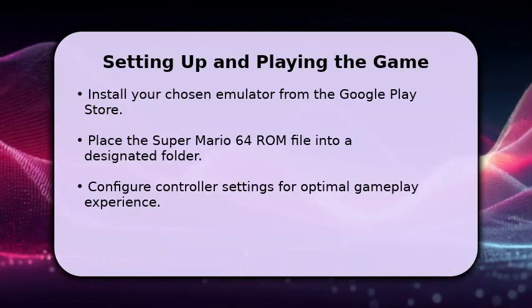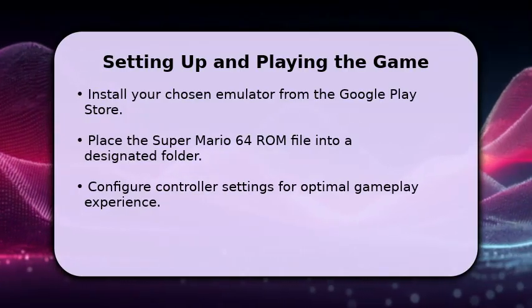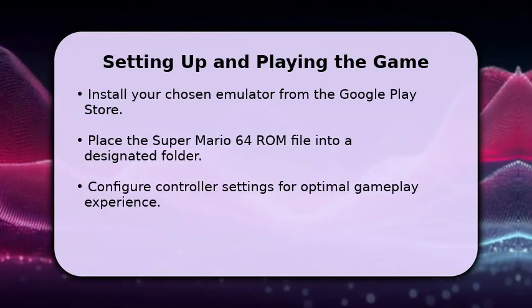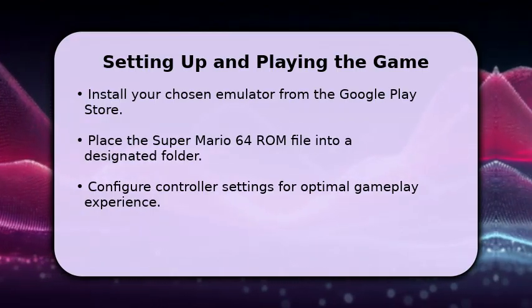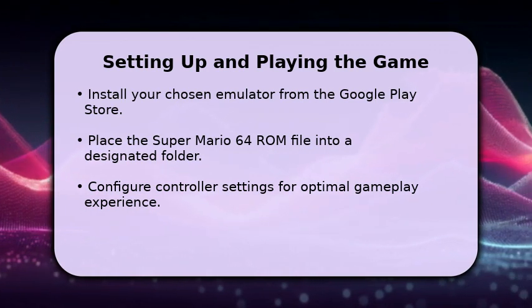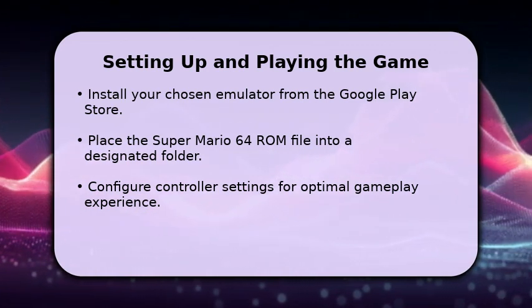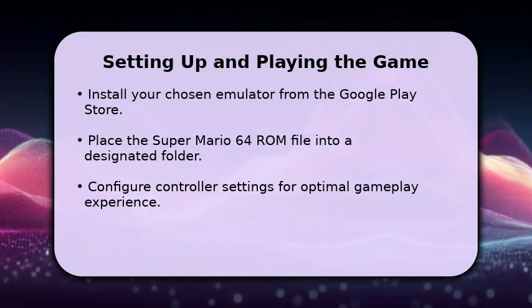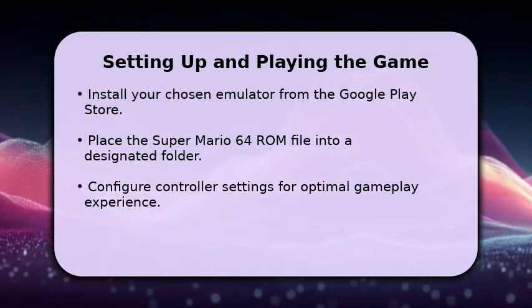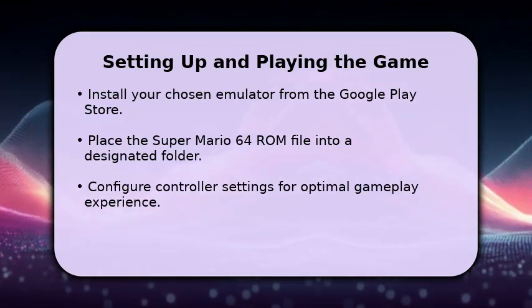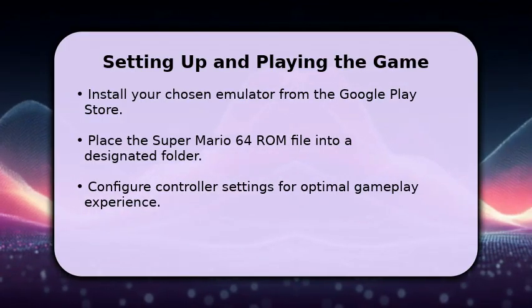With your emulator installed and ROM acquired, it's time to set up. First, install your chosen emulator from the Google Play Store. Then, transfer the Super Mario 64 ROM file to a specific folder on your Android device, often within the emulator's directory. Finally, open the emulator, load the ROM, and configure your on-screen or external controller settings for the best possible